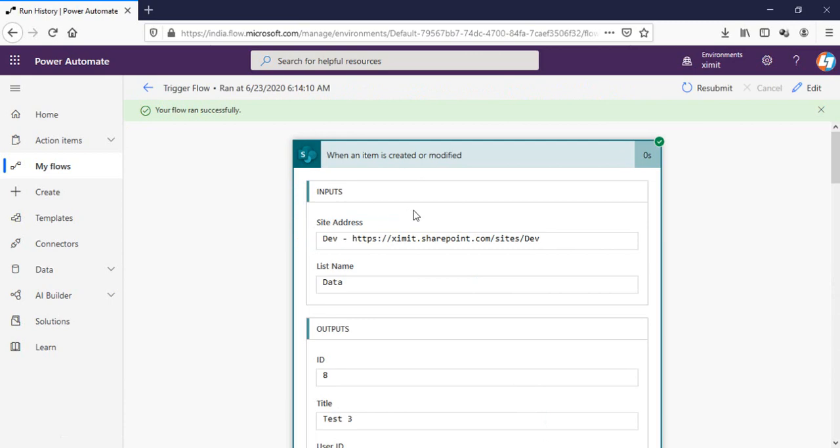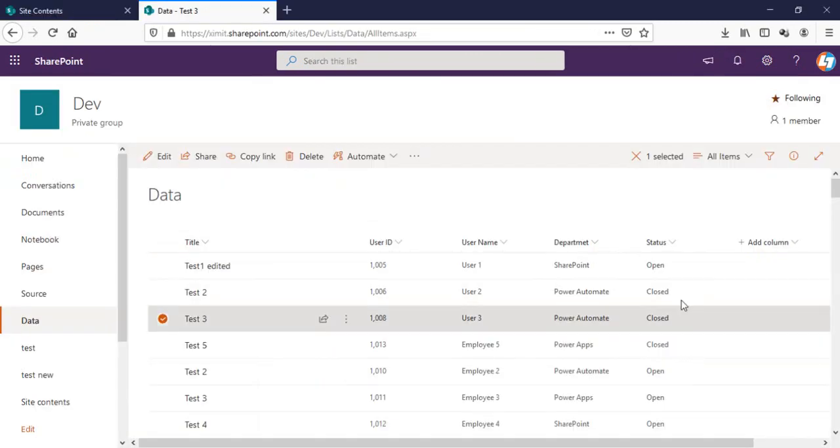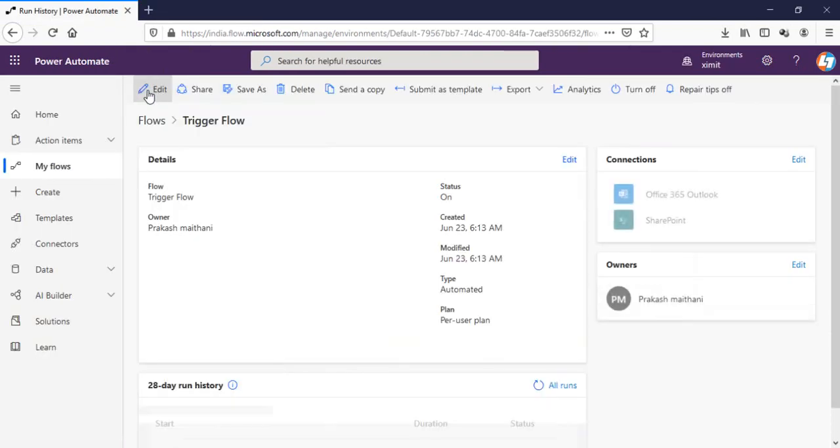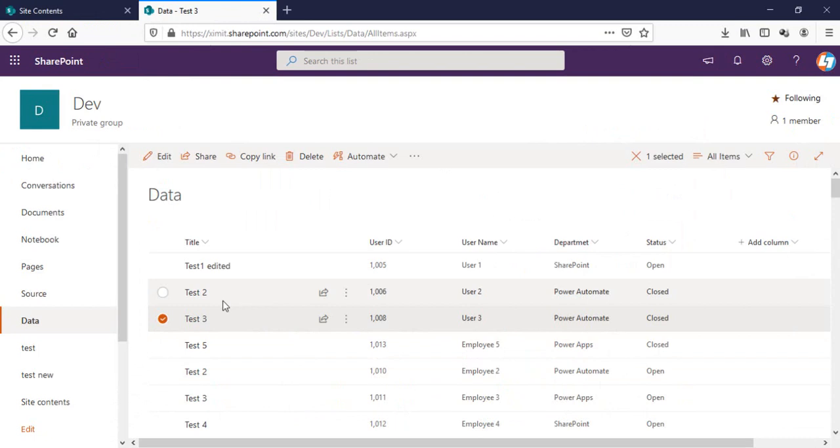We'll go there, and you can see the title test 3, and you can see for test 3 we have status closed. Our flow has triggered for this one, but not for test 1. As you can see here, there is no trigger for test 1. So this is the way you can actually put trigger conditions on your Power Automate flows to trigger based on